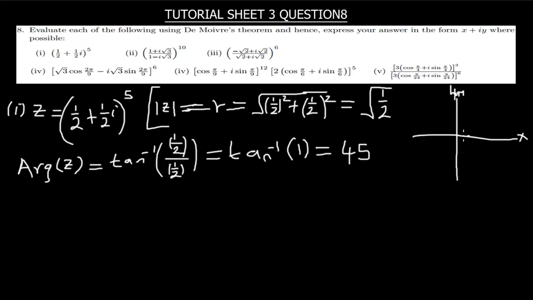So it's going to be approximately half there, and then another half there, since both of them are positive. So my complex number is going to be in this direction. It's going to pass through this point. Yeah. So from there, since you know that this is your 45 degrees,